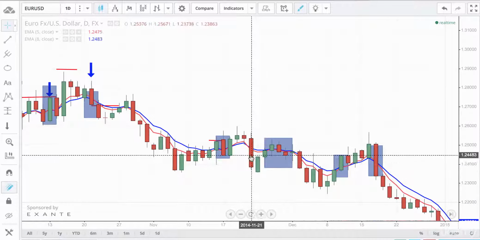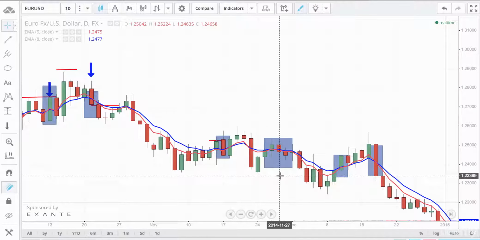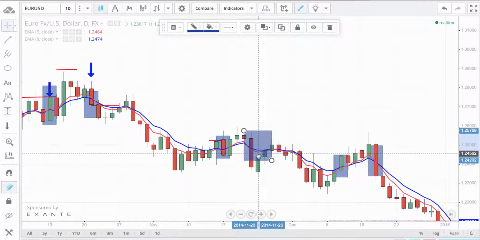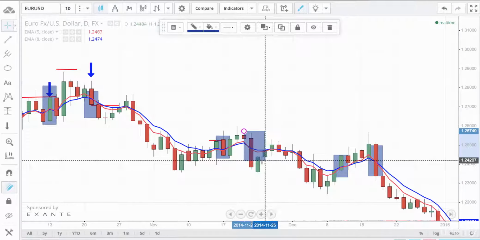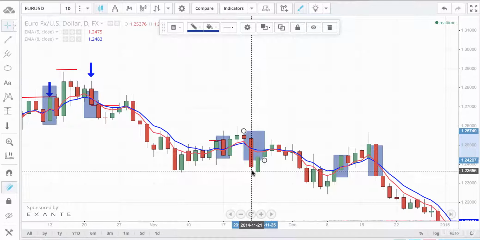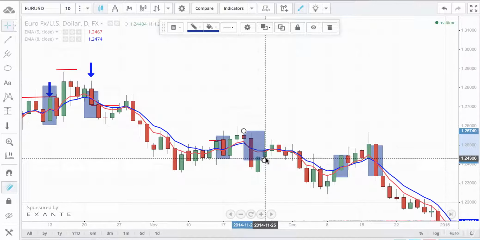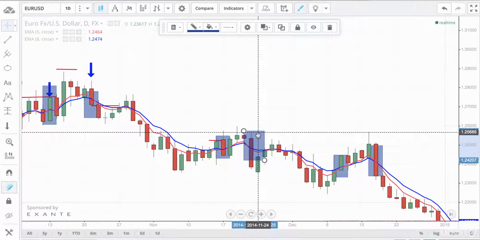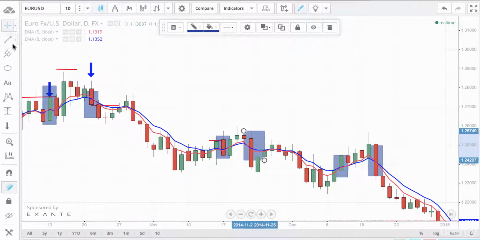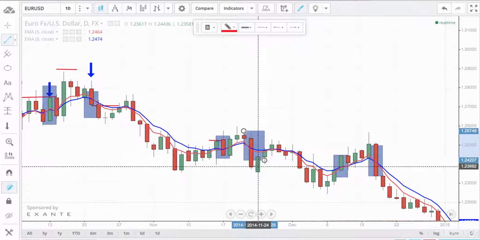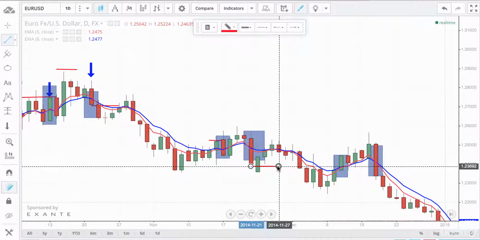And another place where you have a bearish crossover is basically here, and this is the 21st of November. You have another bearish crossover. So if you enter a trade here, let's mark this area. This is where the crossover happens. So if you enter a trade right here, this is the level of